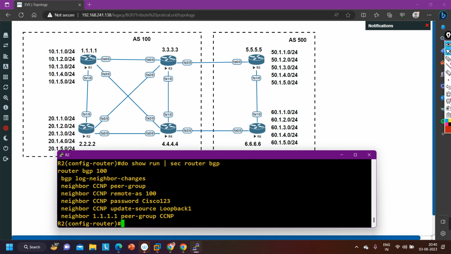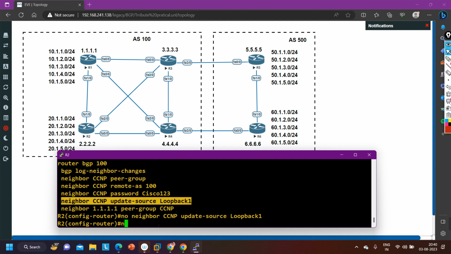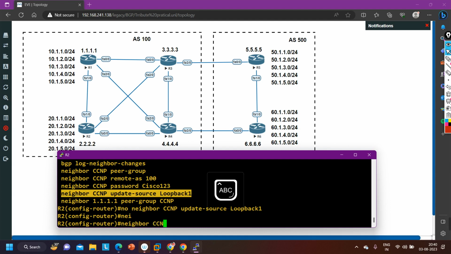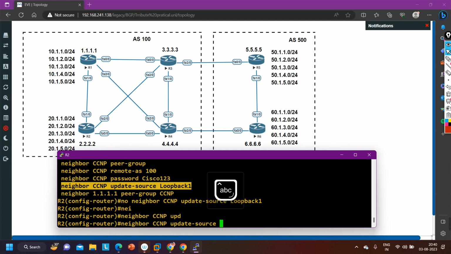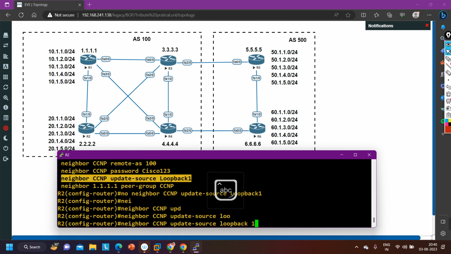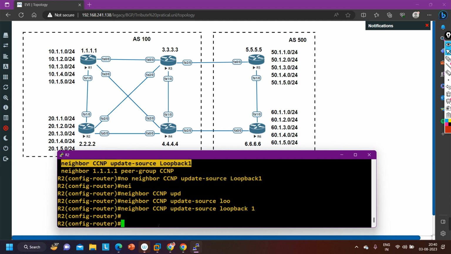I'm going to remove this command. Update source loopback, this one. Say no to this, and neighbor CCNP update source loopback 1. Now BGP, sorry, again I have defined loopback 1,